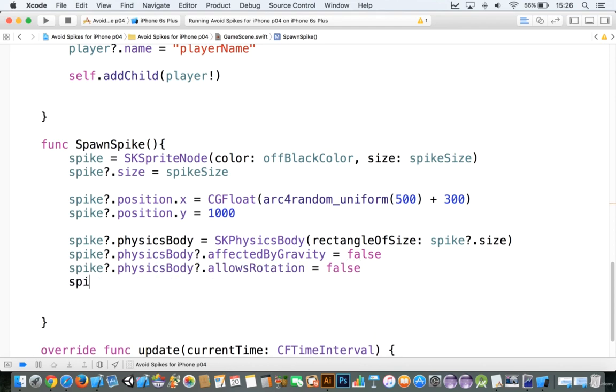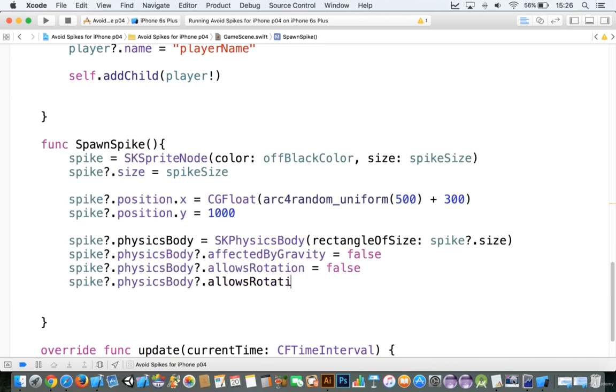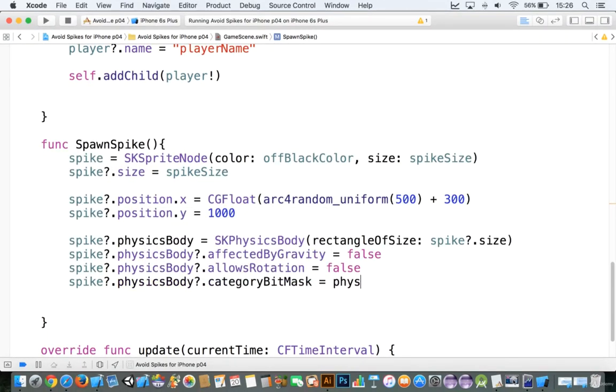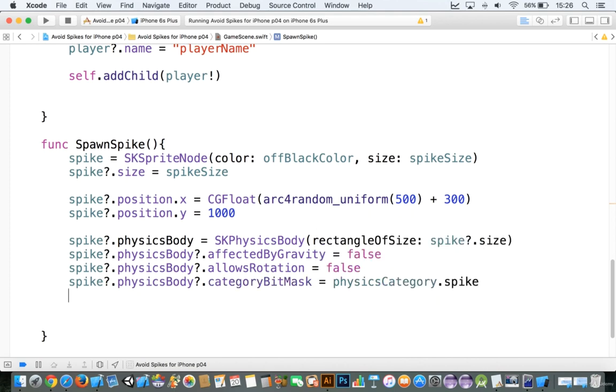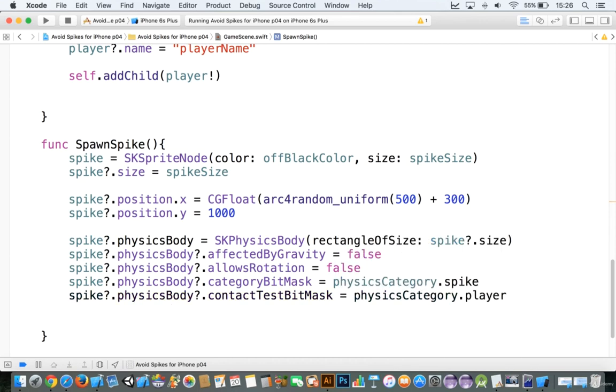And then spike.physicsBody.categoryBitMask is equal to physics category dot spike, and then spike.physicsBody.contactTestBitMask is equal to physics category dot player. Spike.physicsBody.dynamic is equal to true,